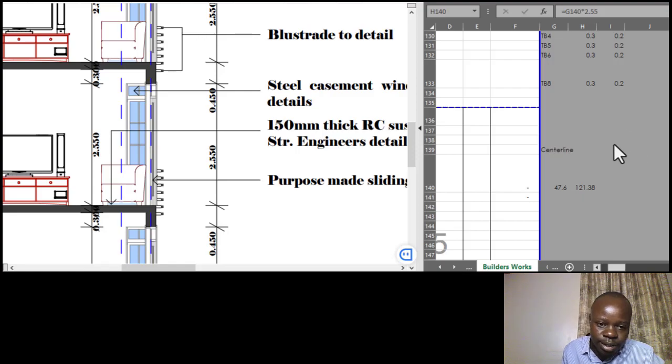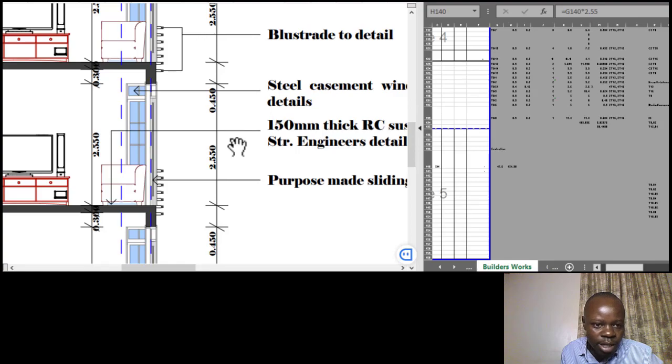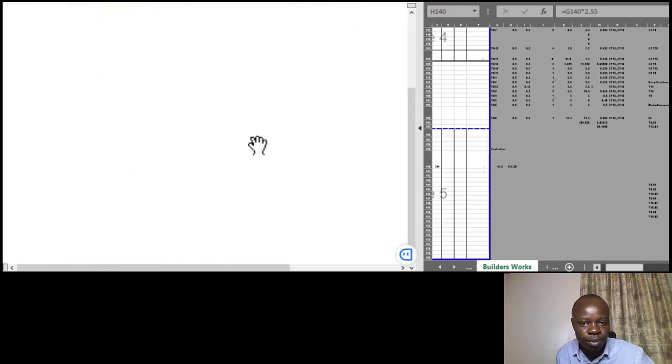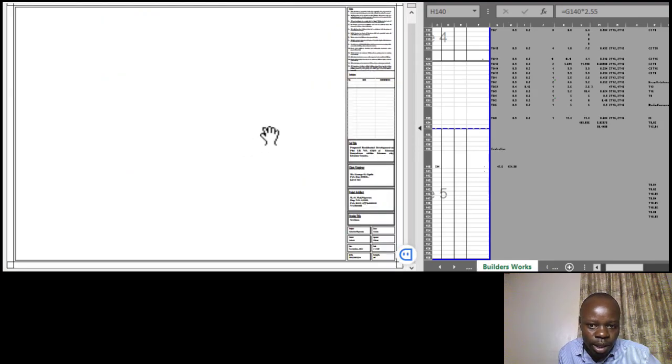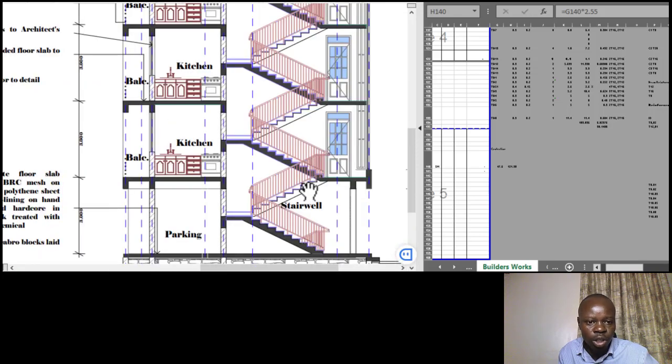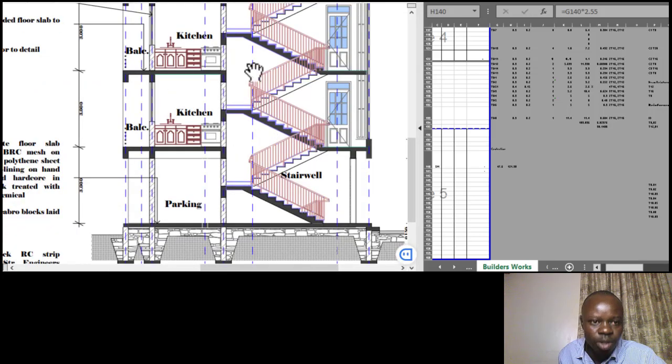But in this case, the one that we are using, let's check. In this case, there was no schedule for the openings. So in that